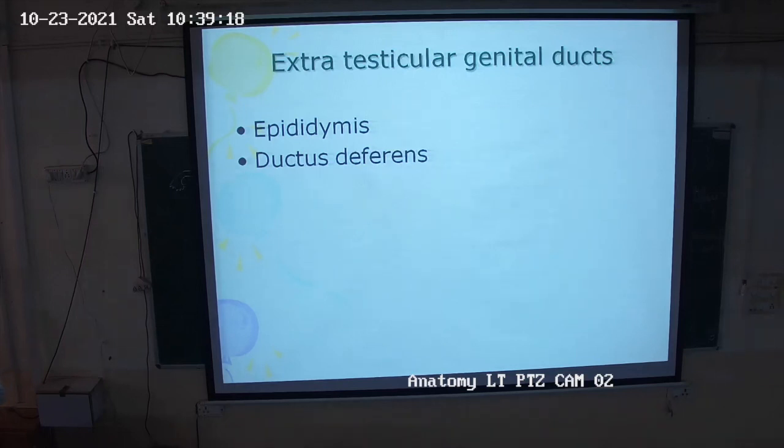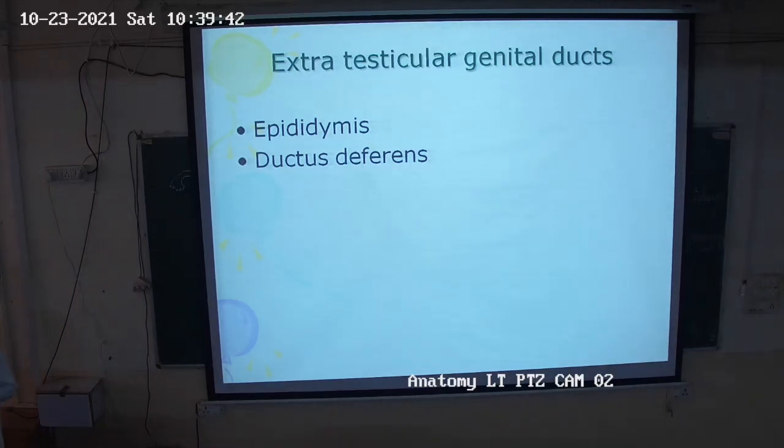अब मैं पूछूं आपसे कि what are the structures present in the germinal epithelium in the testes? So there are spermatogenic cells in different stages and Sertoli cells. Sertoli cells में you have to remember the shape, which is pyramidal in shape. Apex is towards the lumen and oval nucleus is towards the base. Okay. Now epididymis and ductus deferens.